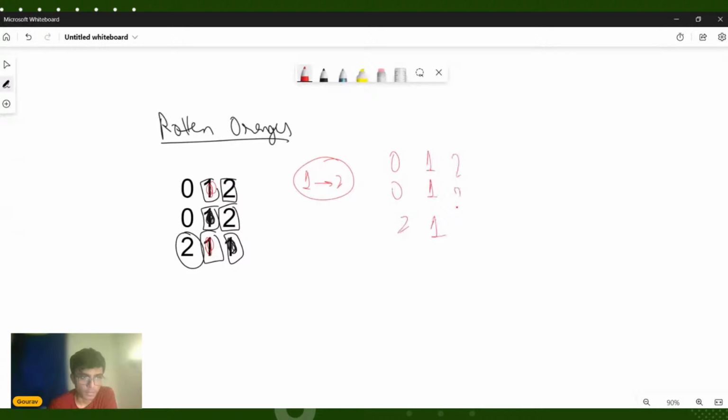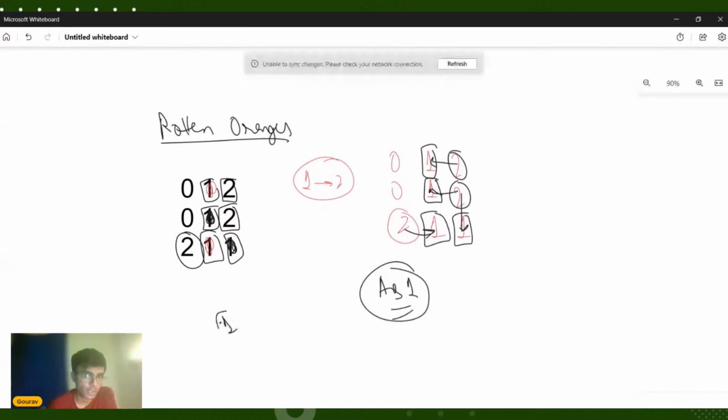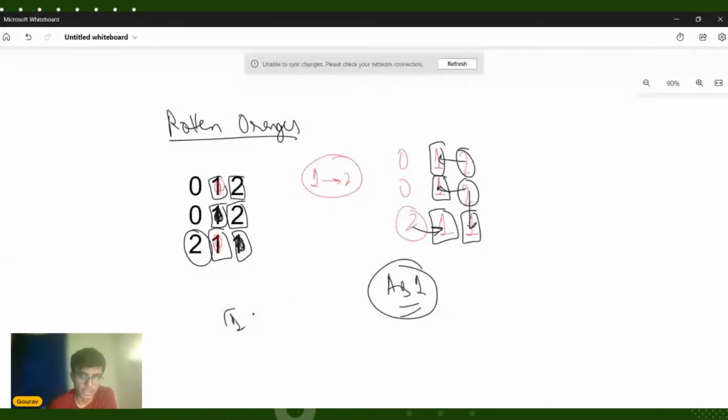In 1 second only, all the oranges are getting rot. So in that case, our answer would be 1. And if it is not possible to rot all the oranges, like let's say that after the entire operation there is a single orange which is still fresh, in that case you have to output -1.